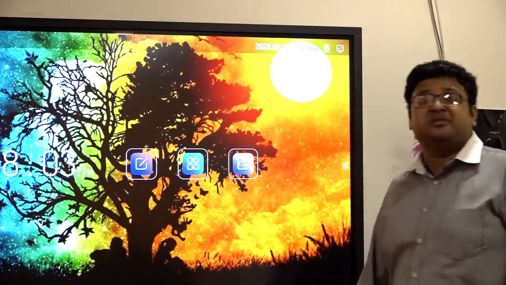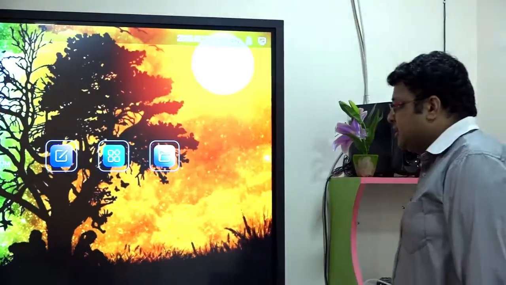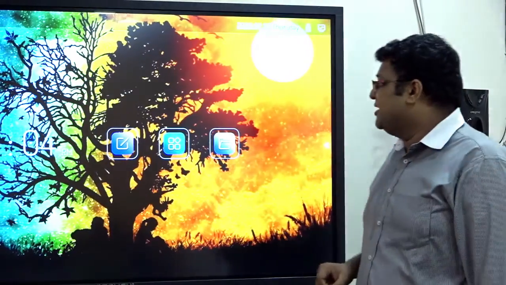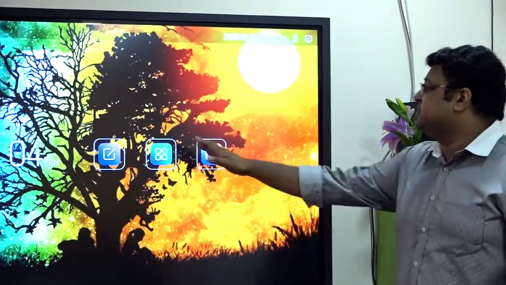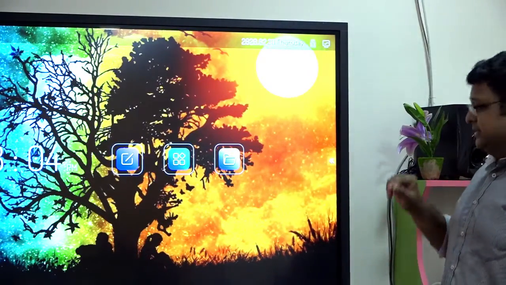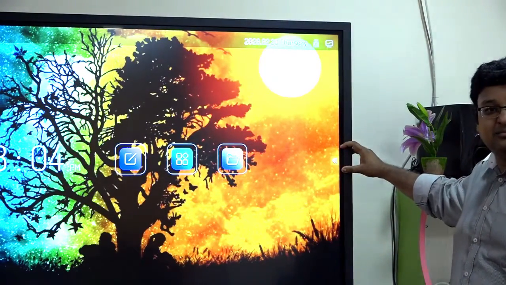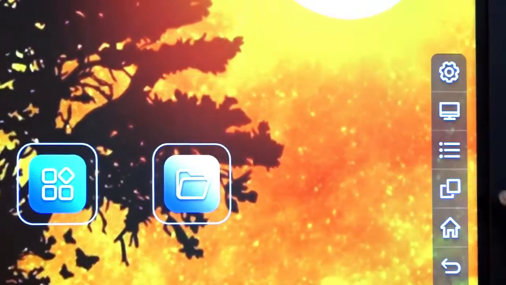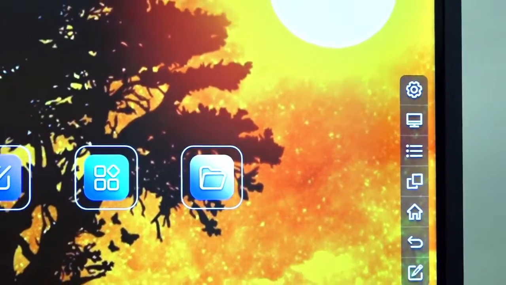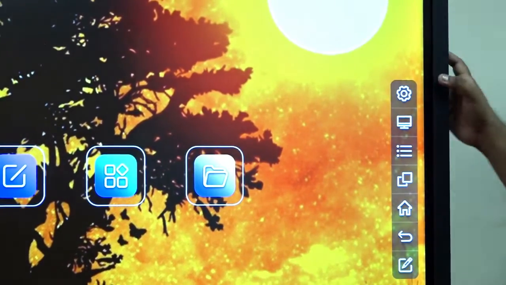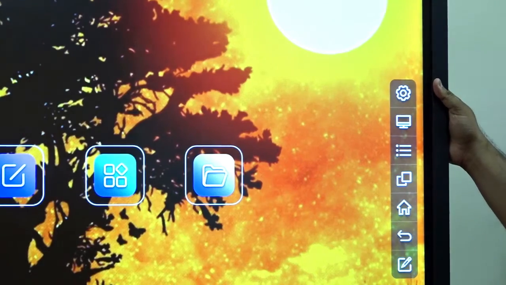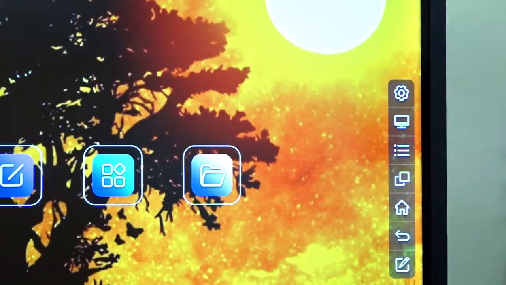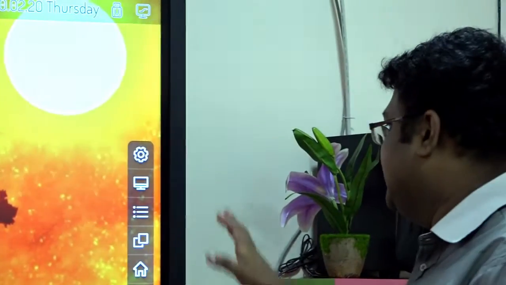Now we have come back to the home screen to see some more features. So we have seen the first option, that is the S Write option. Now we can move to these particular tabs, but before that there is a small key, as you can see here, one small arrow. If we click on this arrow, we are getting these options. By our normal knowledge we know what these options mean, because this board runs on Android 9. So first one is setting.